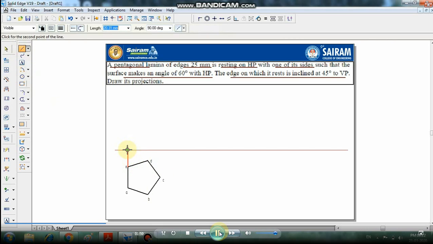Select the line with 0.13 mm thickness and draw the projector lines up to the reference line. From that we have to join these lines. You can make it a group, okay, and 0.5 mm thickness. Now mention the names for the front view, that is A dash and E dash in bracket, since it is the hidden view. From the view you can see B dash and D dash, which are in bracket, and C dash.